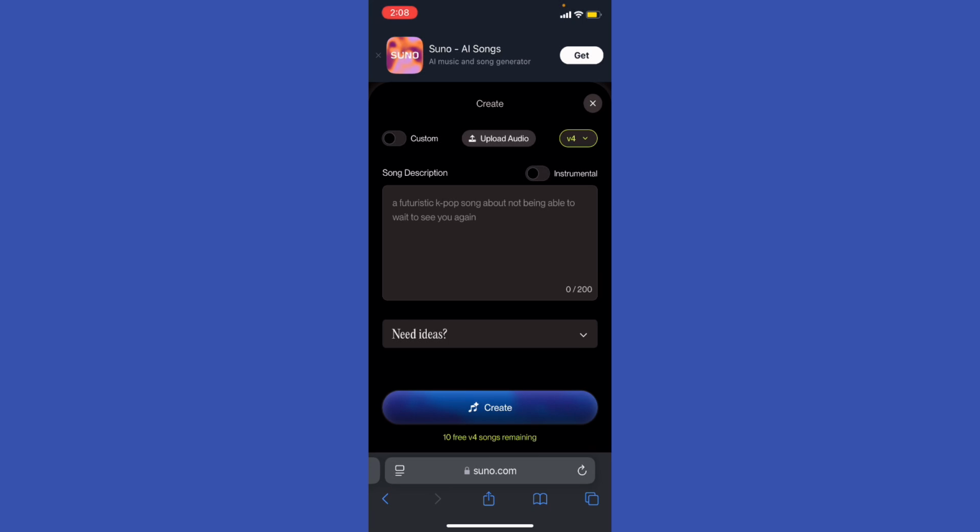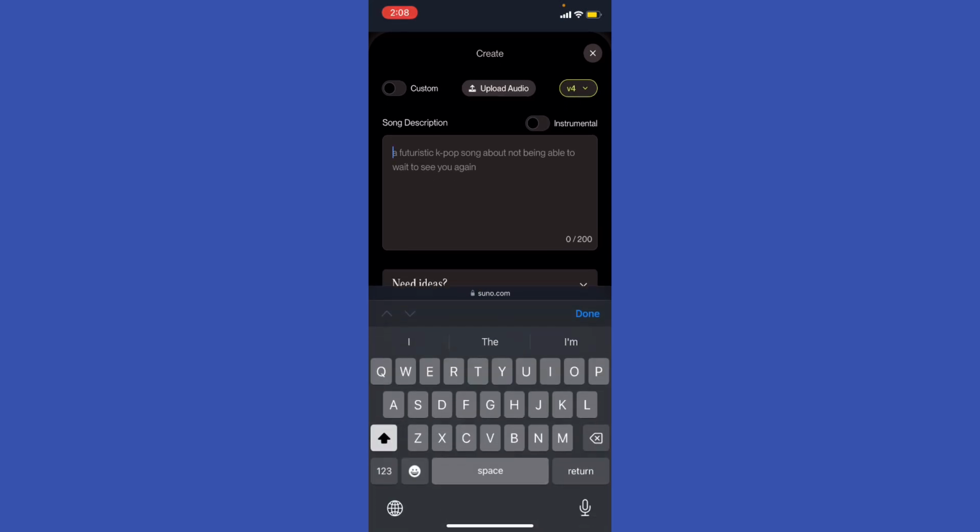And here the instrumental option, which gives you the liberty if you want to make your song with or without lyrics, right? And here the song description, of course, you can write down a few